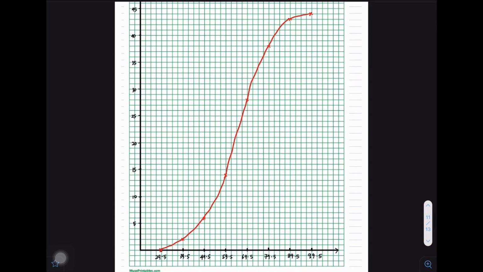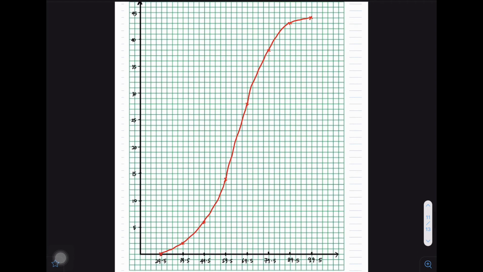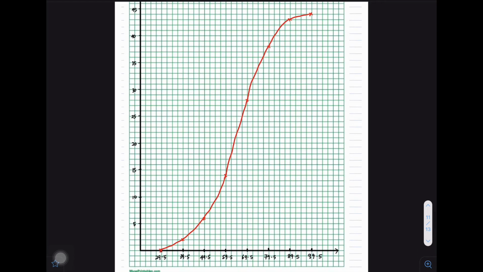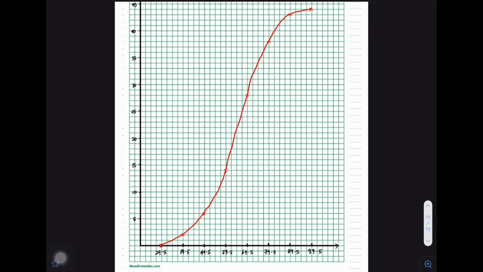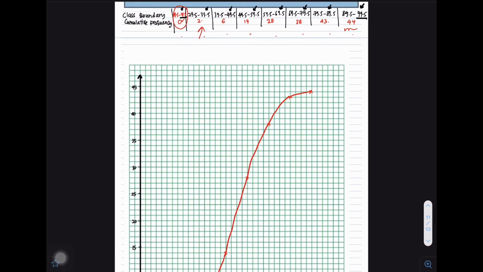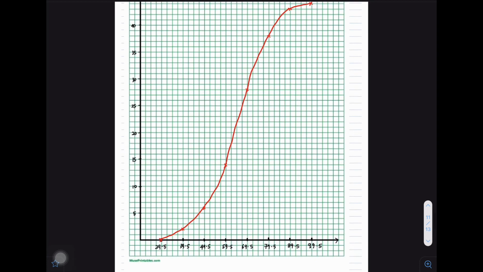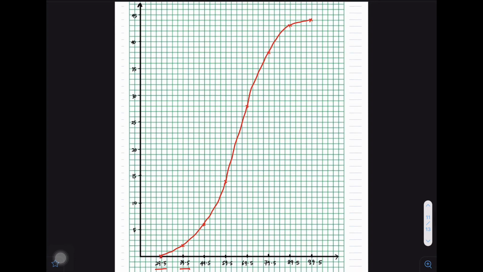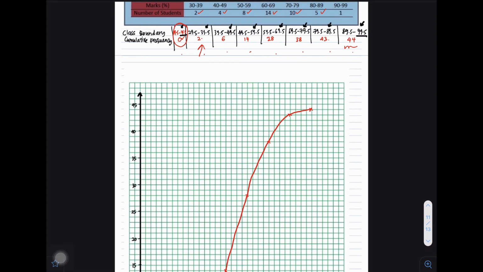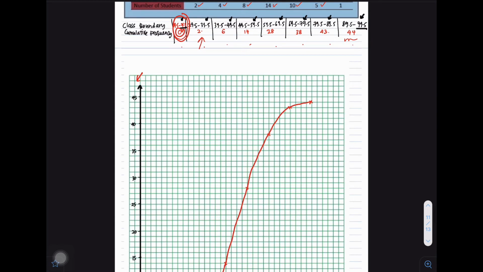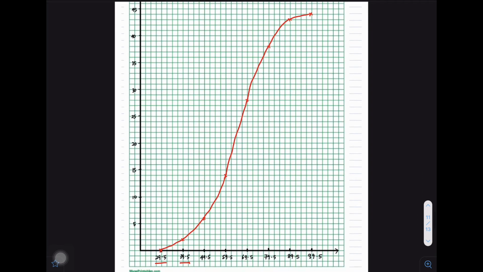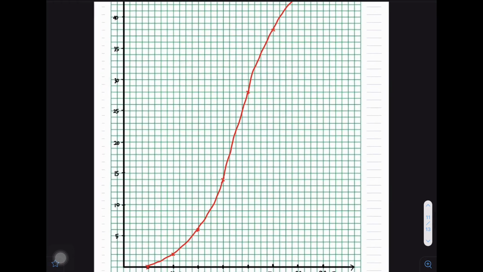So this one is called a cumulative frequency distribution, ataupun kita panggil dia sebagai OGIF. So this one is how you find the cumulative frequency distribution, where on the x-axis we are plotting our upper class boundary, dan jangan lupa yang kita kena tambah satu kelas sebelum, okay, dengan frekuensi kosong. And on the y-axis we will plot the cumulative frequency. Okay, so kita sambungkan semua point, dan this one is called a cumulative frequency distribution, ataupun dipanggil juga sebagai